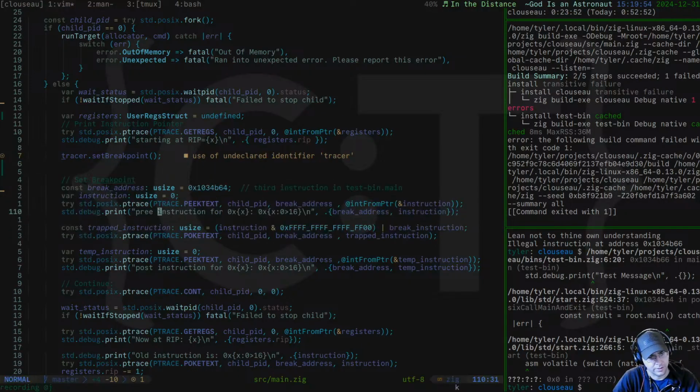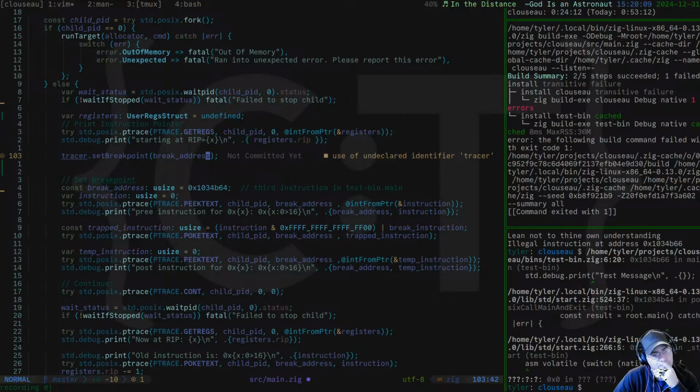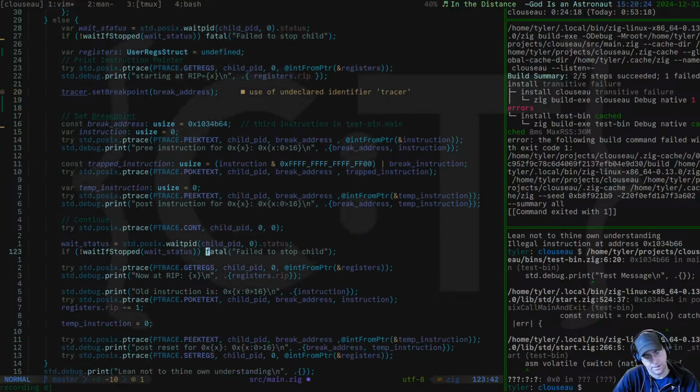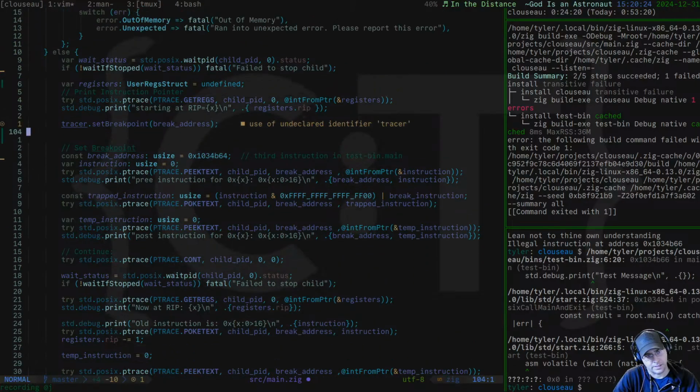So it would need to take in some address of the breakpoint, a usize. So in this case, the break address. It would just set the breakpoint for us. And here we're not looping through, but we'd want to be able to